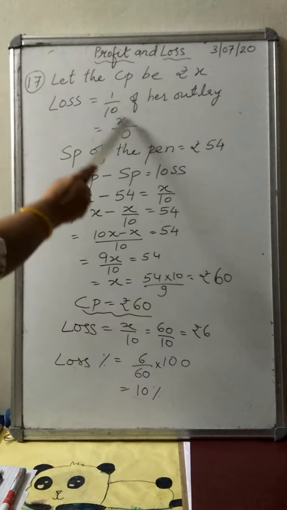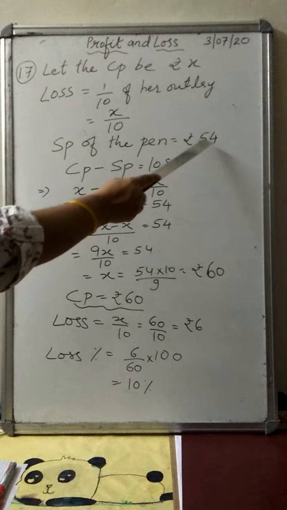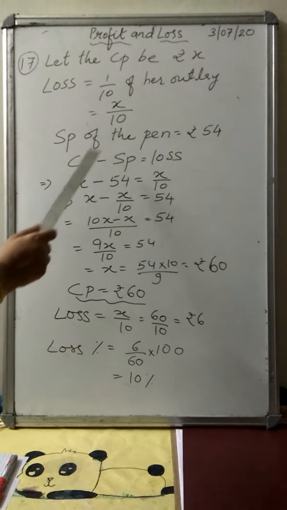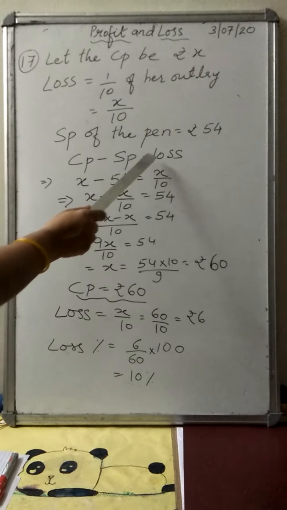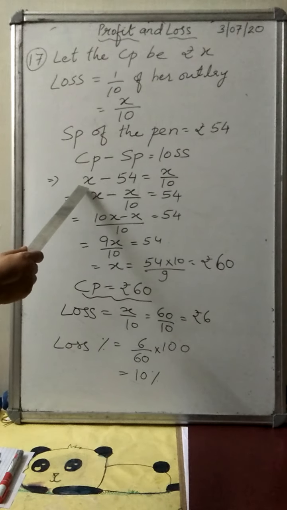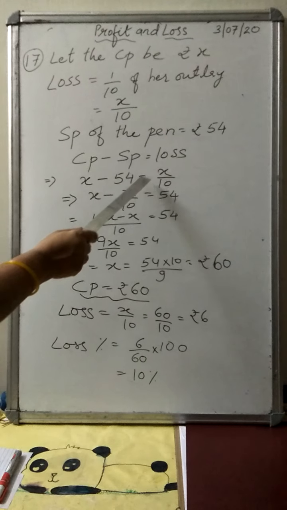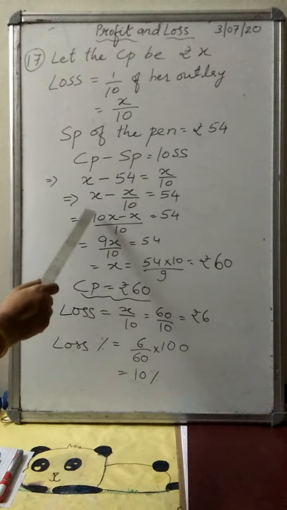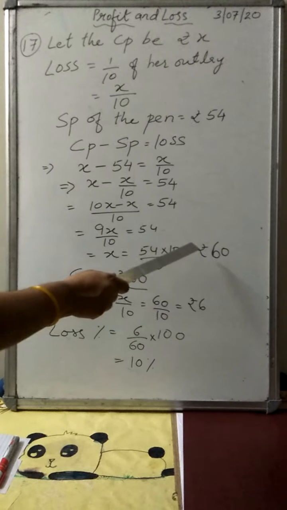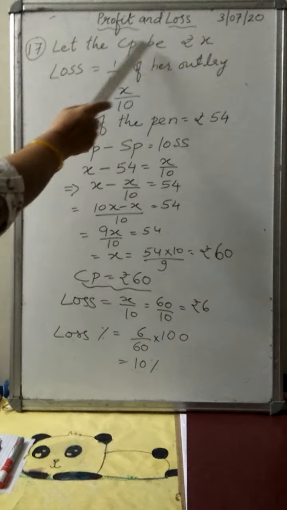This is the loss that she has got, and SP of the pen is rupees 54. Because loss is there, the formula for loss is CP minus SP is equal to loss. Now substitute all the values: CP is x and SP is 54. So x minus 54 is equal to x by 10. Now solve it. After solving, you will get the value of x as rupees 60. So x is rupees 60. That means the cost price is